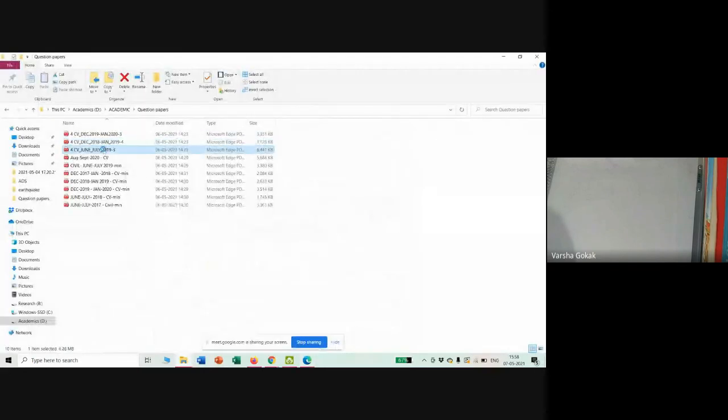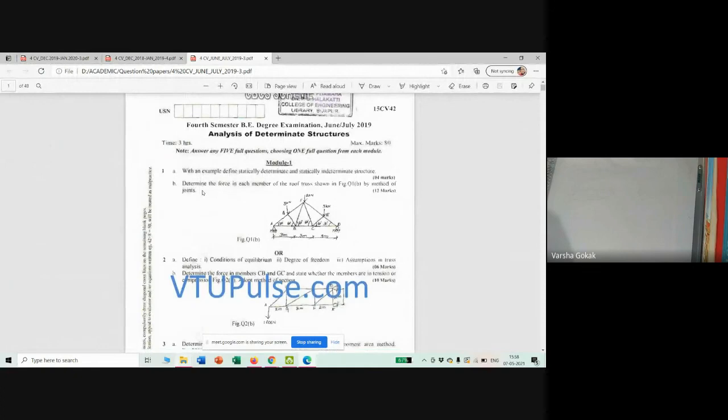Then this is about a cable. Question number 8 is calculate the support reaction, normal thrust and radial shear at a point D for a hinged arch at different levels. I have not yet taken this. Okay, so we will do this later. The next question paper I'll go. Module 4. Okay, footbridge, this is different cables. 7A and B are cables. 8A. There is no 8B, there is only 8. One full question is asked.